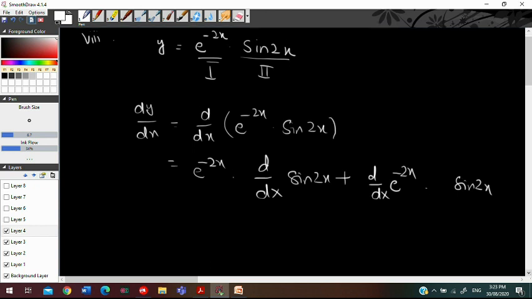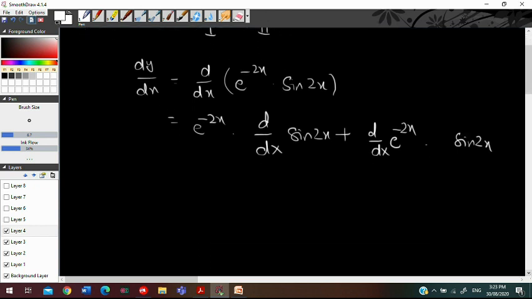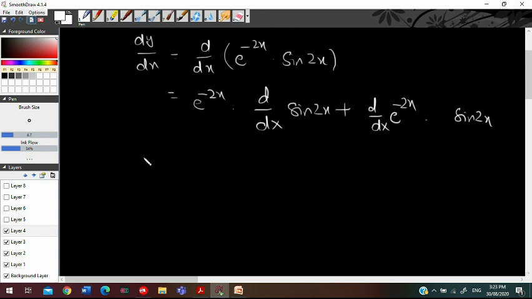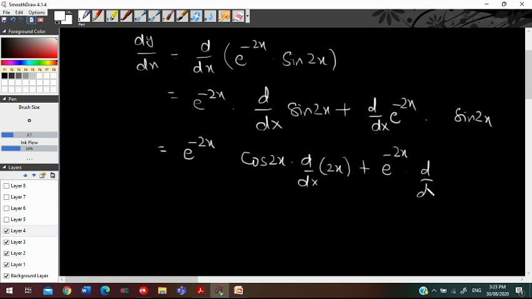And you know the derivatives of these two functions. Whenever we have exponential minus 2x, the derivative of sine 2x is cos 2x, and then obviously the derivative of its angle, plus the derivative of exponential of minus 2x is minus exponential minus 2x. First we write it as it is and then we differentiate its power, and sine 2x according to the formula